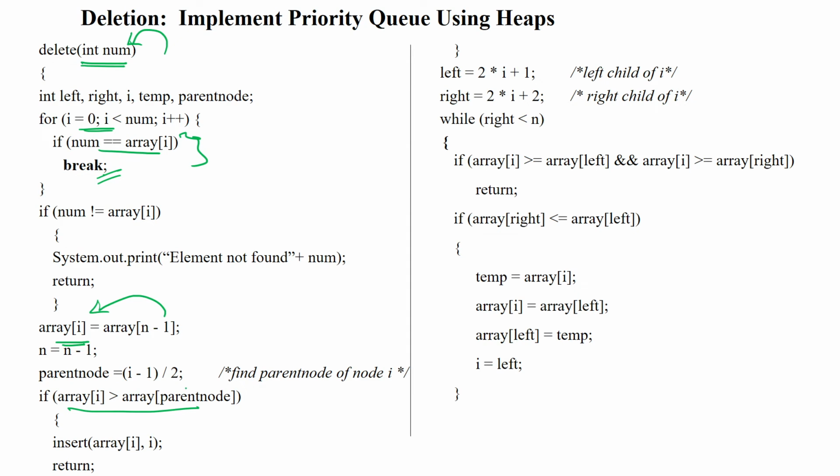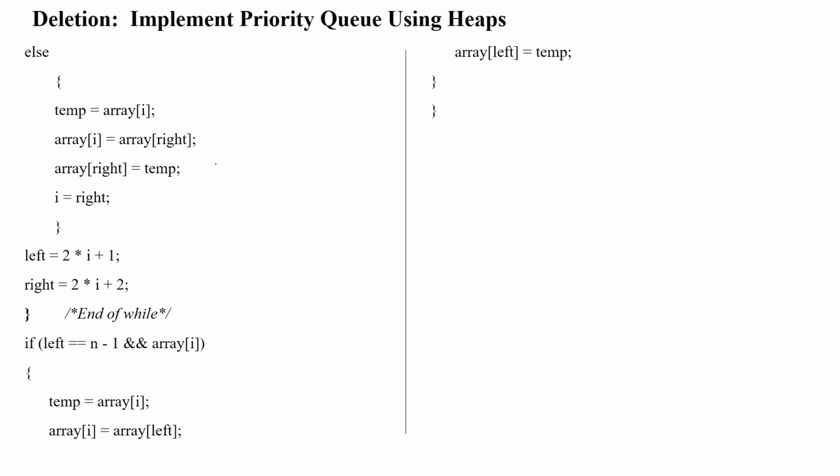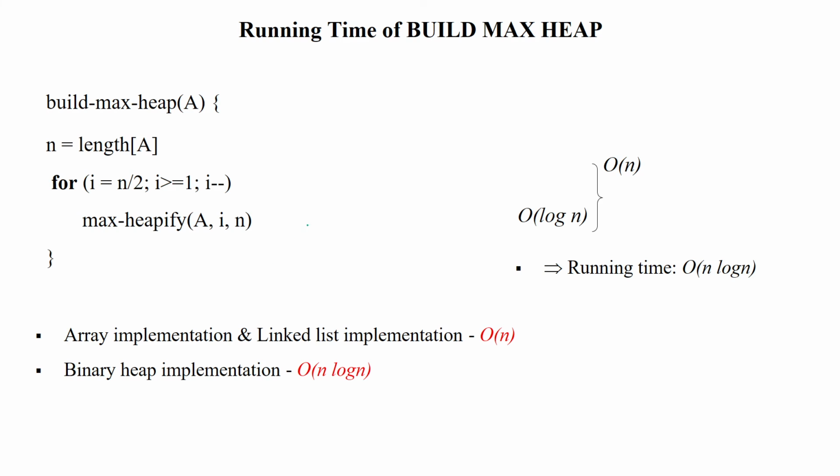If it is greater than the parent node, right, then you have to apply the swapping process by using the heapify. In the heapify, we will check the child node with the parent value, and the right child with the parent value. Then we will swap the numbers based upon the heap property. So to maintain the heap, here we are having the